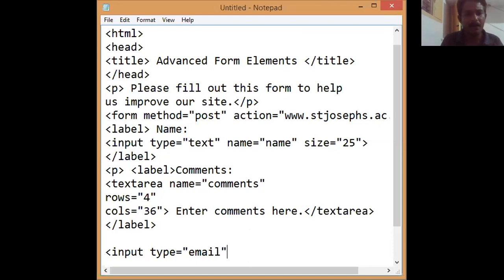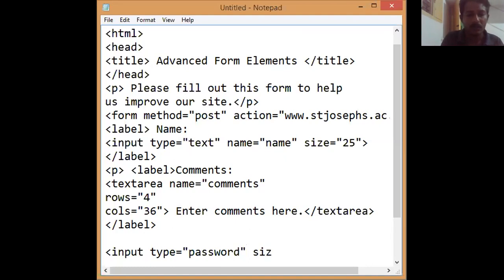Okay, fine. Before going to see how to get the email address, we will see one more tag called input type equal to password. If the user wants to get the password from the user, you can use the password type. What's the difference between input type equal to text and input type equal to password? If we give input type equal to password, whatever text we enter in the text box will be shown as bullet points or asterisk symbols, so it will not be visible to the user.